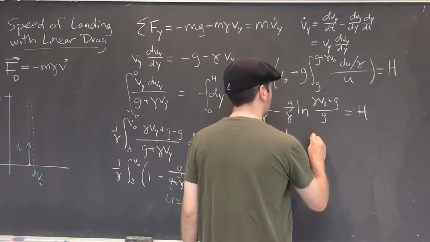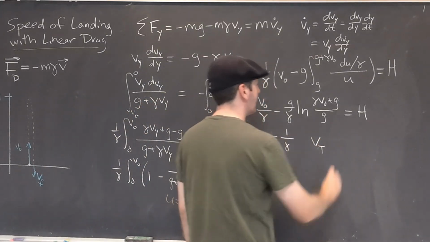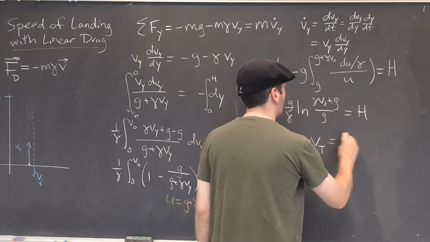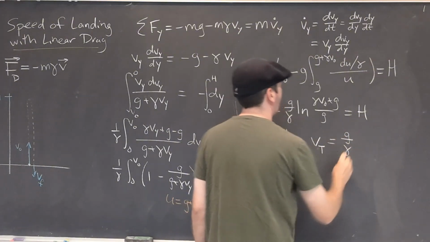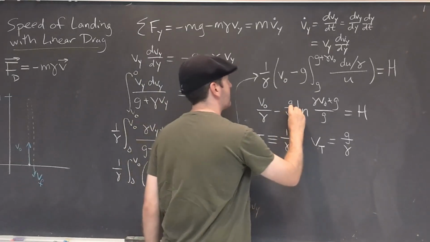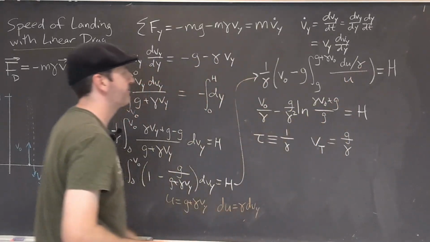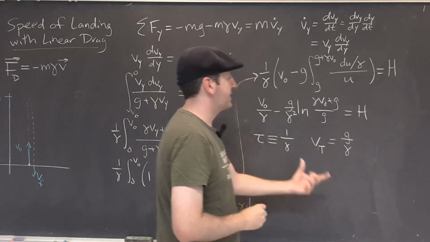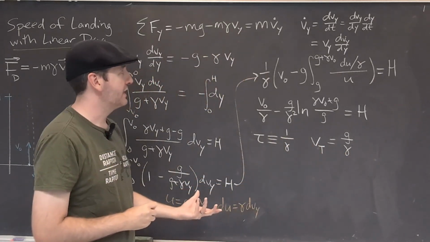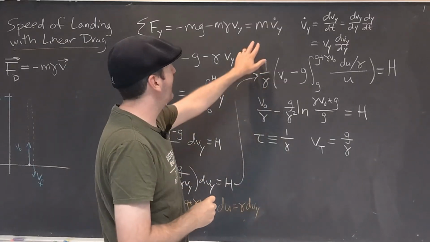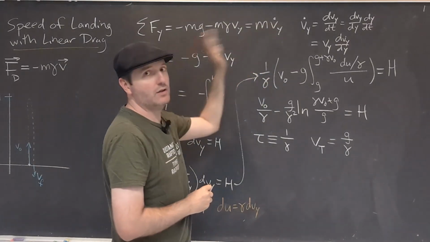Let's also define what I'll call Vt as g over gamma. Oh, and this, by the way, should have been a gamma squared. There's one gamma here and there's one gamma here, so that's a gamma squared. The reason I'm calling this Vt is because this is actually the terminal velocity. I haven't shown that, but we can quickly go back up here and check that if you wait long enough